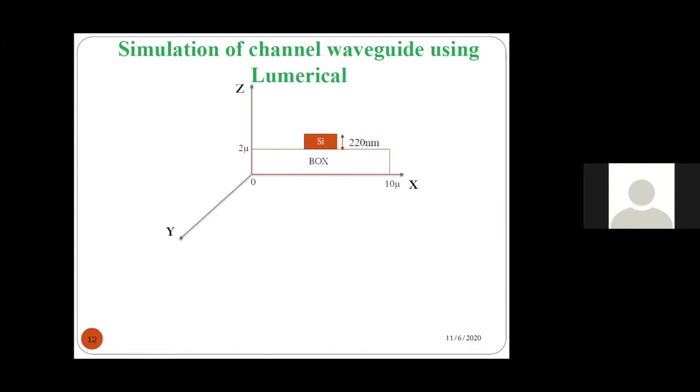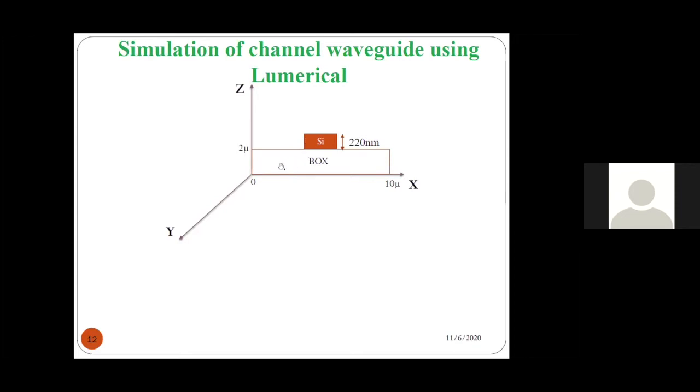Z is the thickness, X is the width, and Y is the propagating direction. These are the default coordinates whenever we want to implement or design any structure using this FDTD tool. Now let us start with the first example: one simple SOI waveguide. After that, we can go for some complex structures such as PCF design and some more examples.